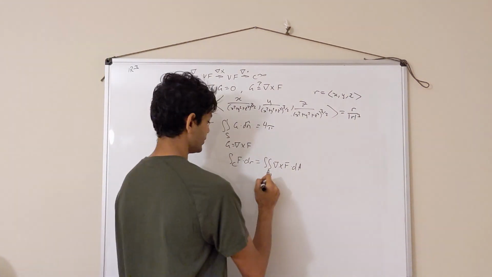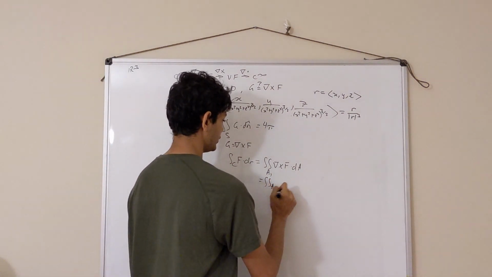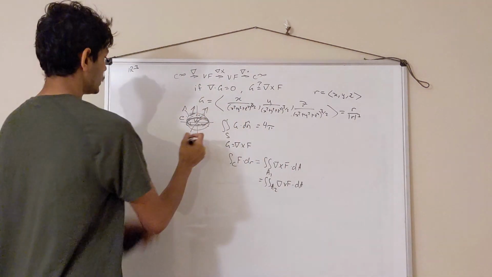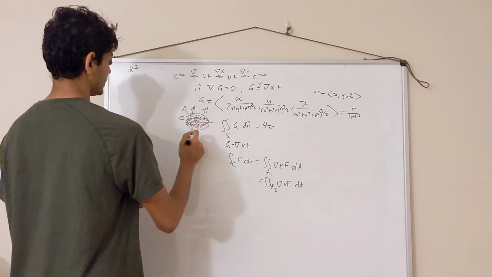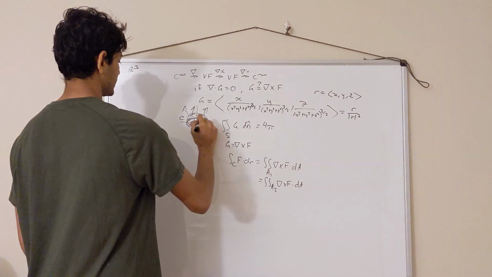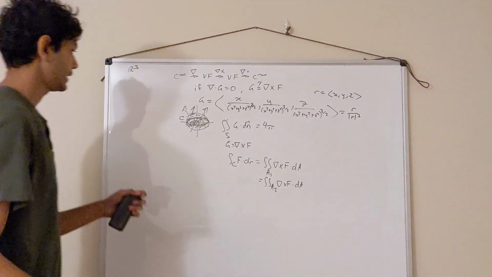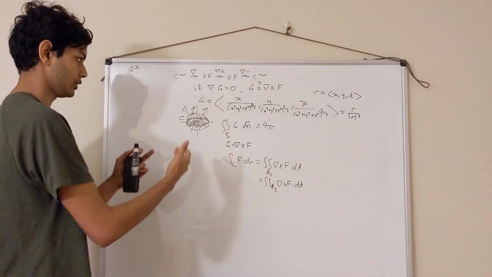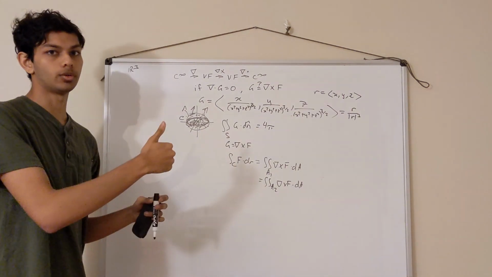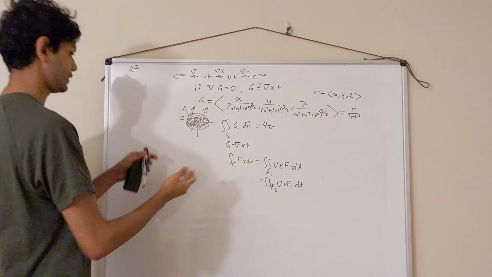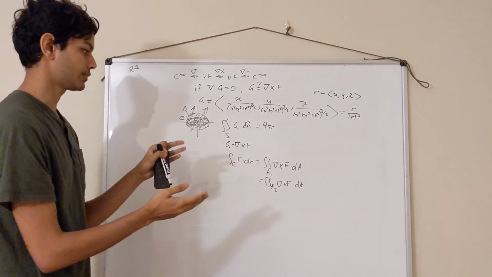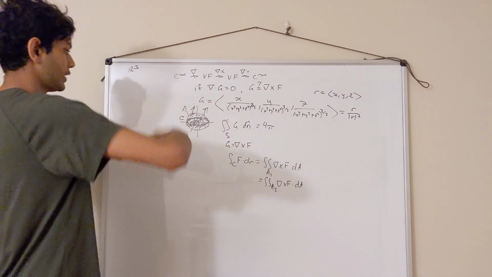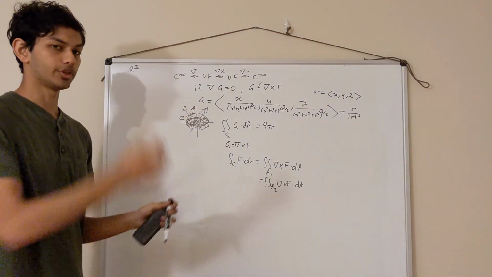But it's also equal to the double integral over A2 of curl of f dot dA, again by Stokes' theorem, where A2 is going to be the lower hemisphere. In this case, dA is going to be the inward facing normal. And if C is oriented counterclockwise, then the inward facing normal of the unit sphere is going to be the positively oriented normal that we need. And so you can see that that should be the correct orientations for the normal vectors, because if you were to push this upper hemisphere down into the lower hemisphere, then the arrows would point in the same